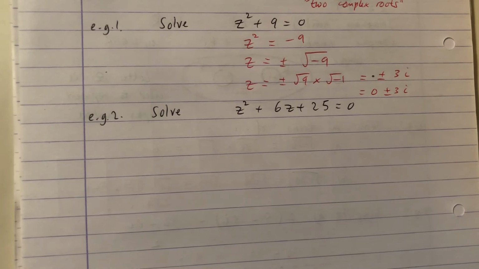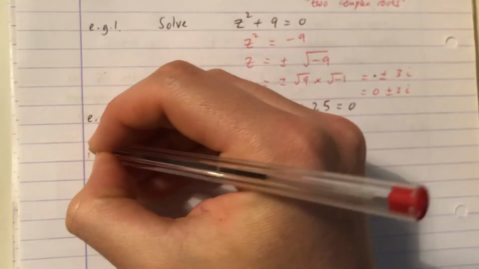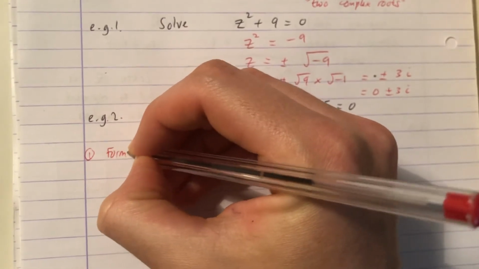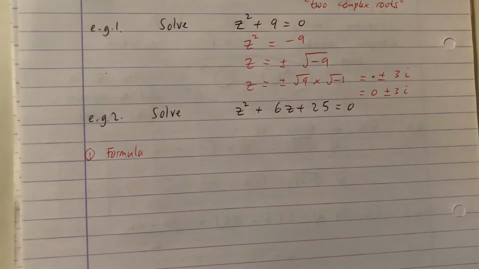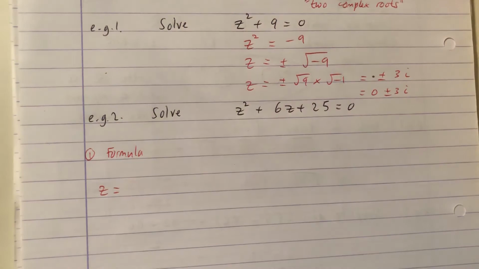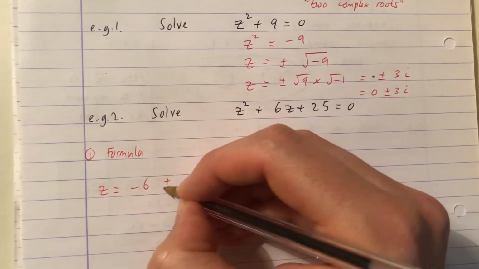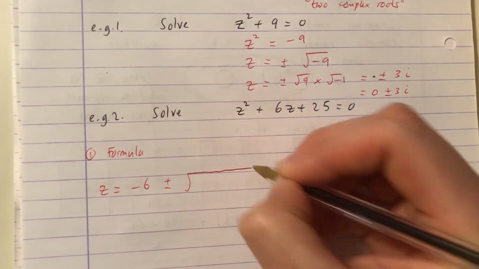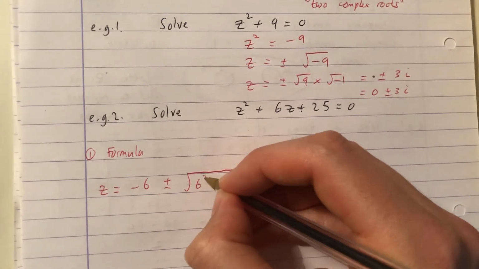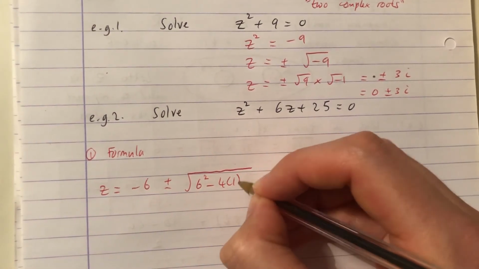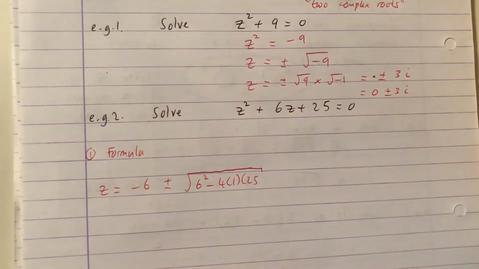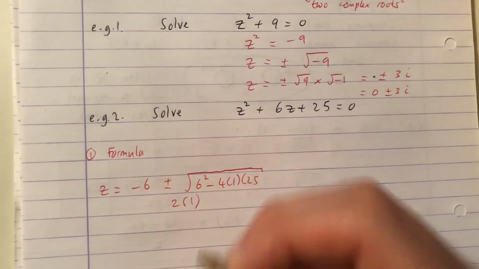So let's do the single maths attempt, which would be a formula. So the formula would be minus b plus or minus the square root of b squared minus 4ac all over 2a,